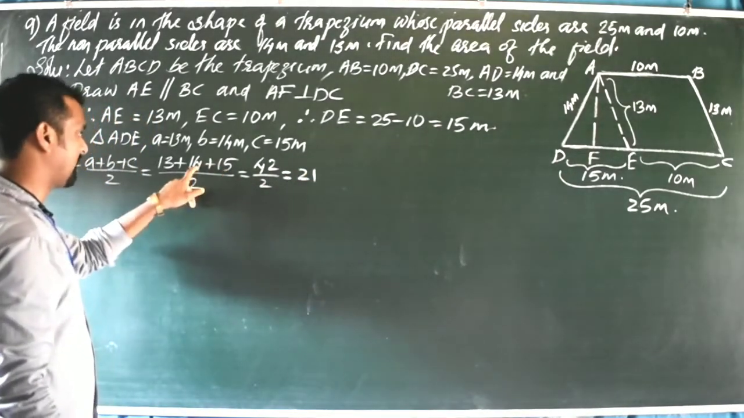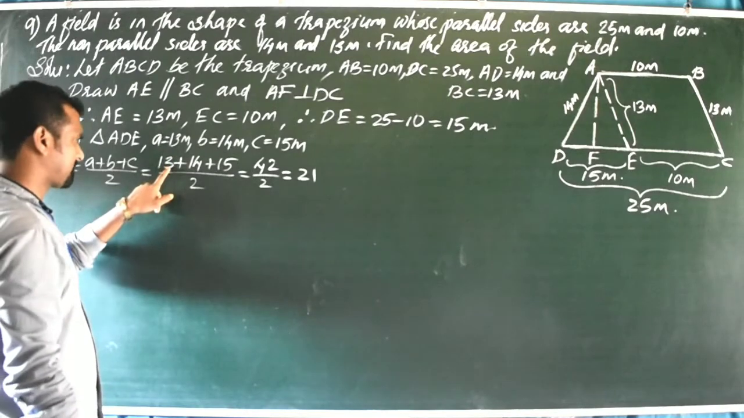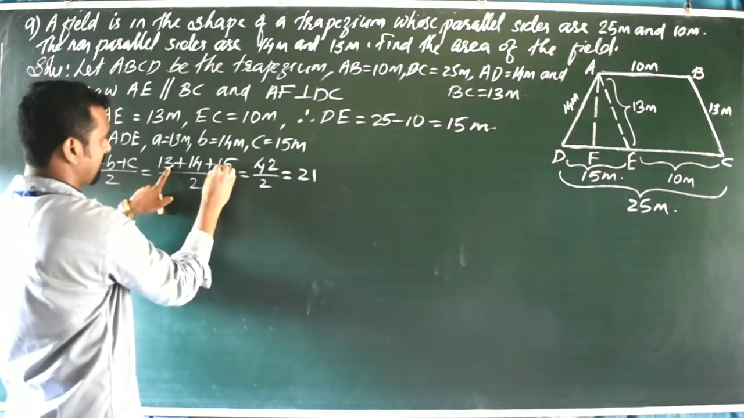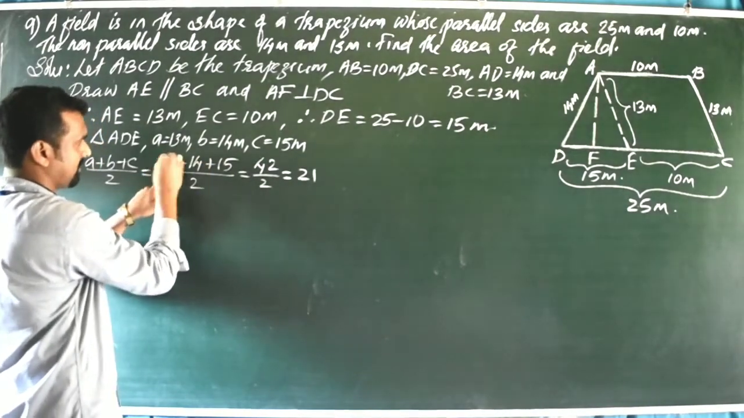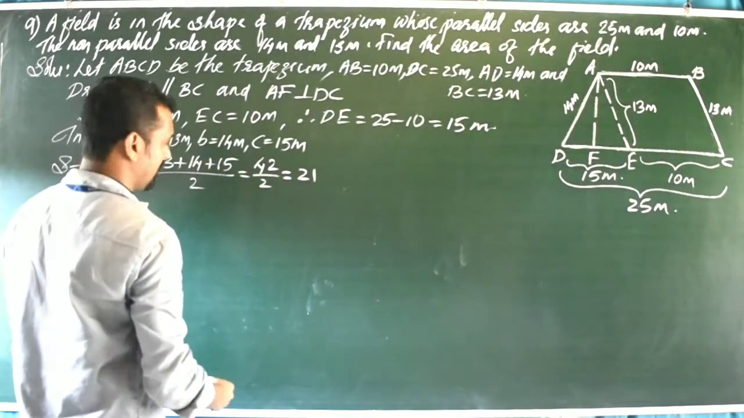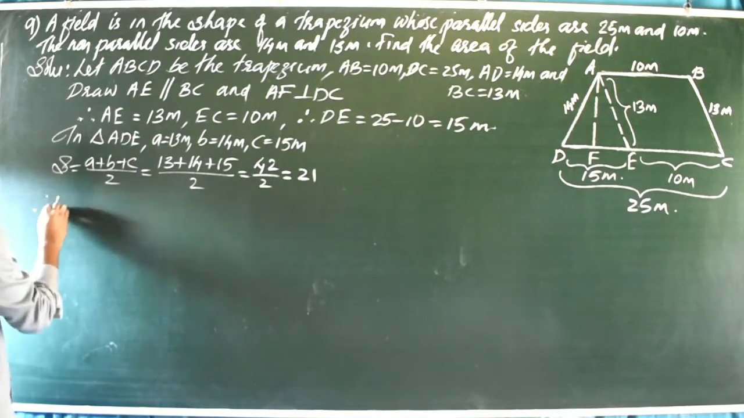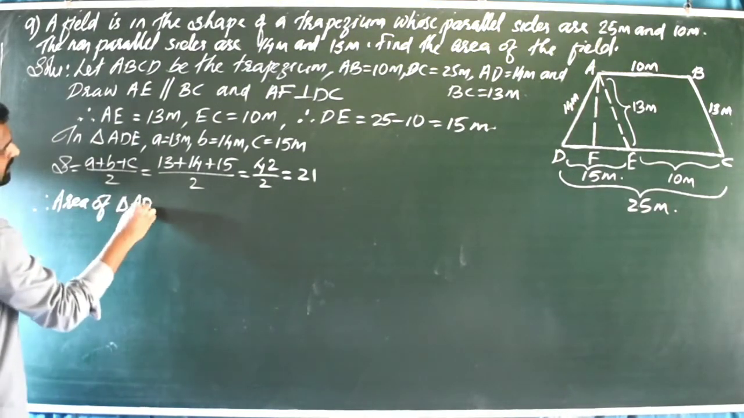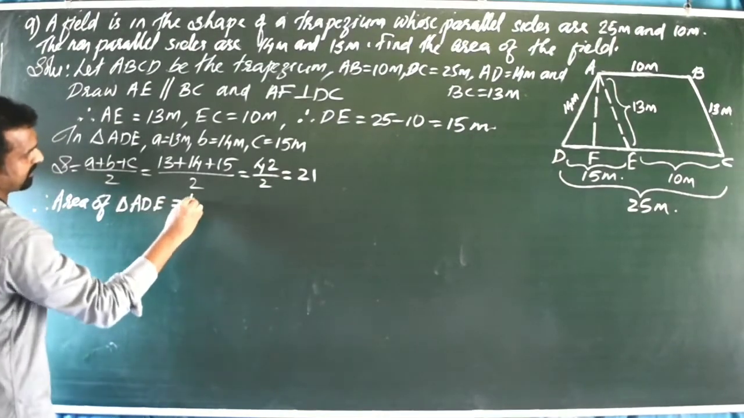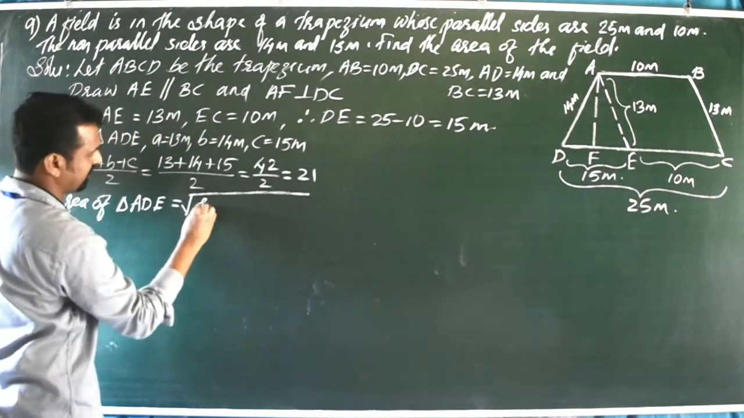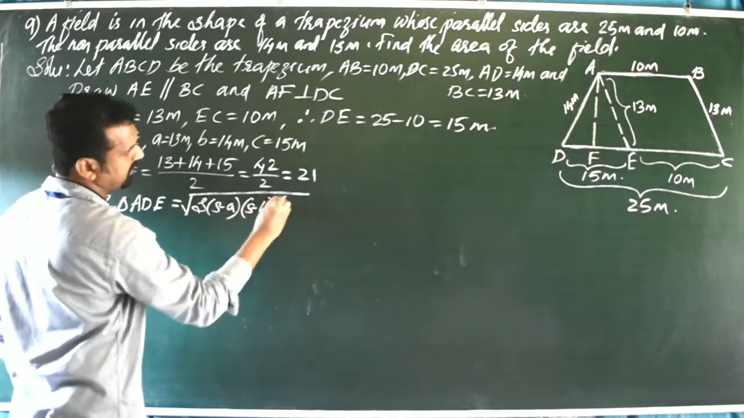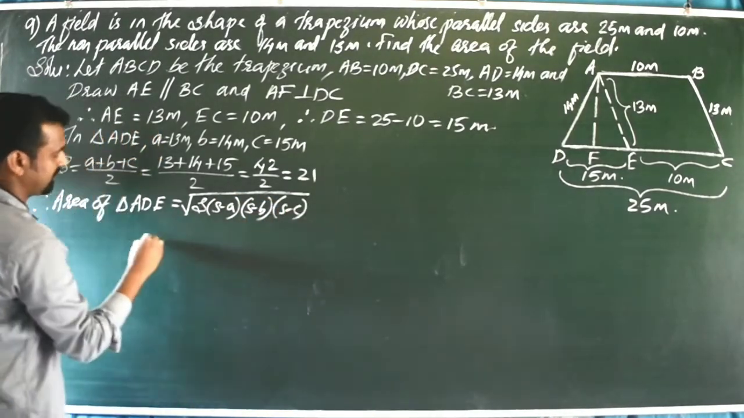5 plus 4, 9, 9 plus 3, 12, 2, remainder 1, 1 plus 1, 2, plus 1, 3, plus 1, 4, divided by 2, it will come 21. Therefore, area of triangle ADE is equal to, what is the formula? Square root of S into S minus A into S minus B into S minus C, that is equal to,